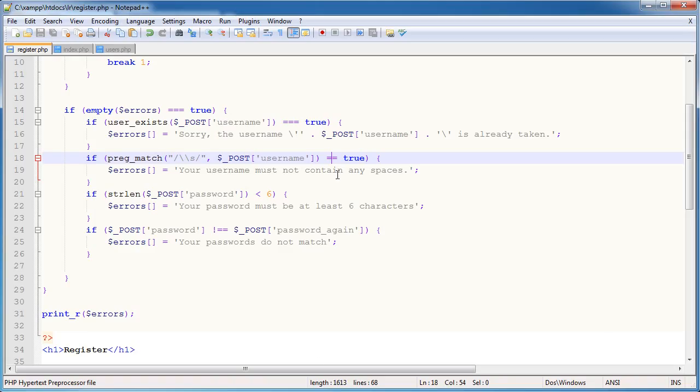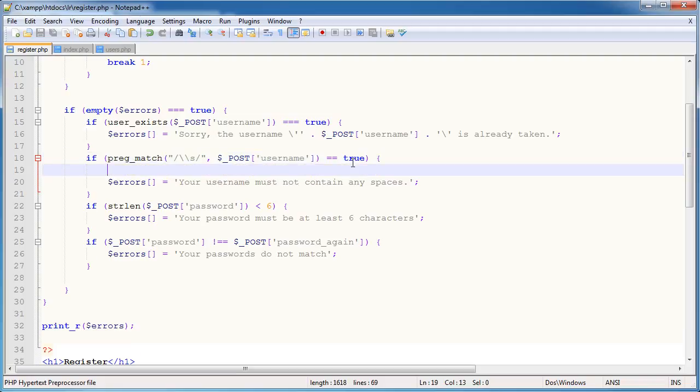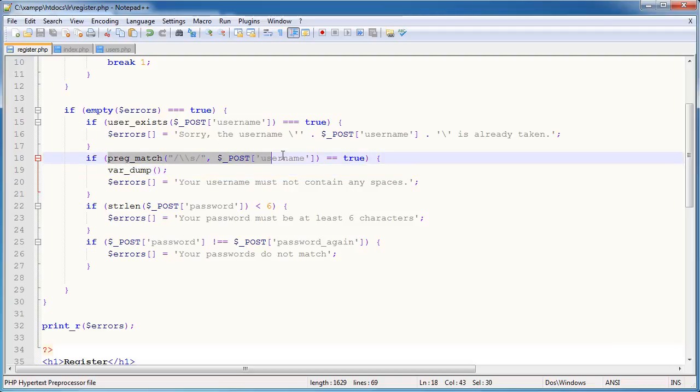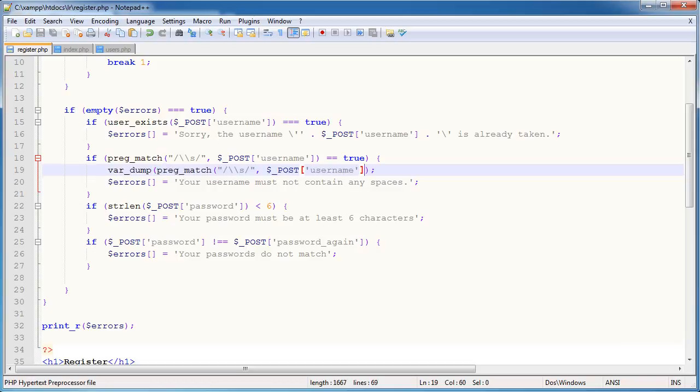Now let's check out why I needed this double equals as opposed to triple equals. Obviously, a triple equals checks for type checking as well. It doesn't just check the value. So for example, 1 will be equal to true and 0 will be equal to false. In this case, if I was to use var dump on this here, in fact, how can we do this? Yeah, let's just var dump this. So when I refresh,